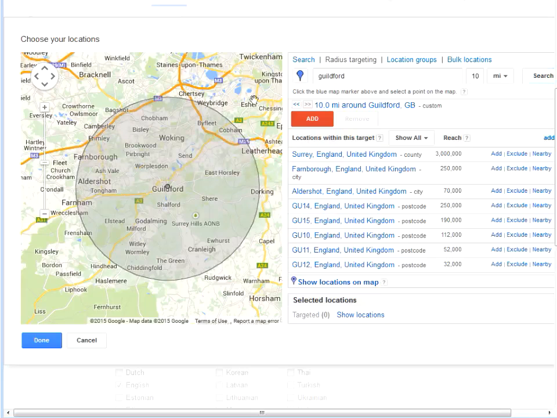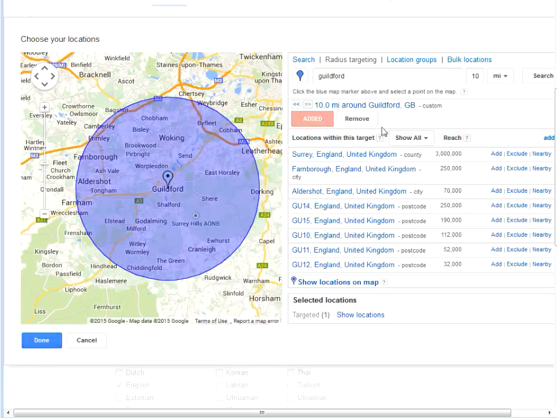this needs to be an easy access for all these people, and we're on a very good road link here, being the A3, so that's good, all the way from here to here, and these areas are within a reasonable driving time to make it worth their while to come along. So quite happy with that. So I would just select add,